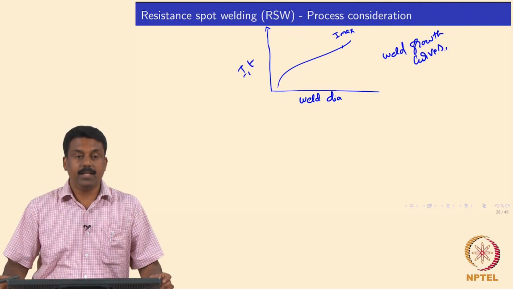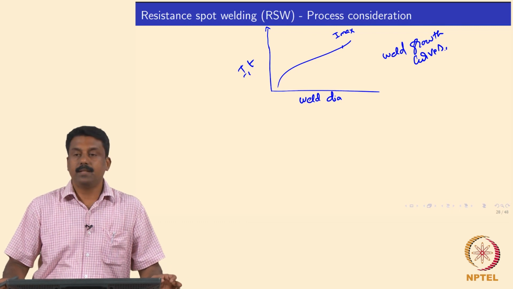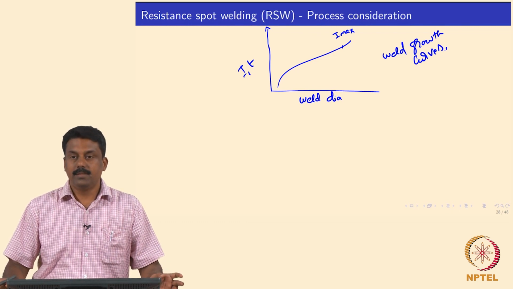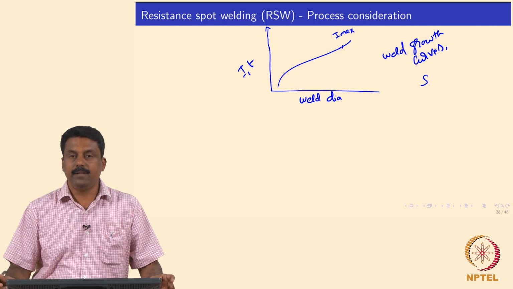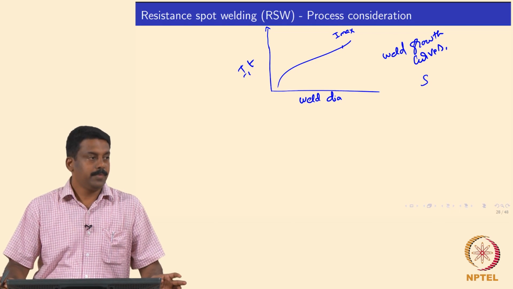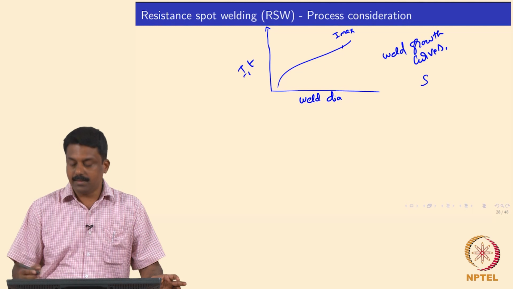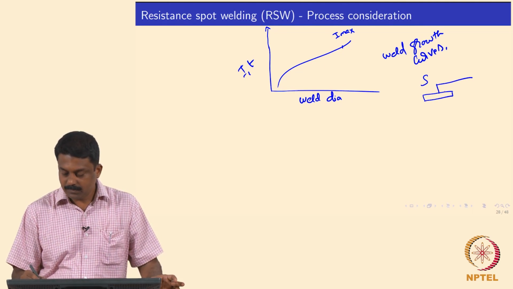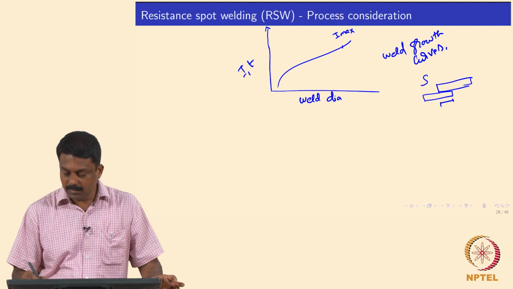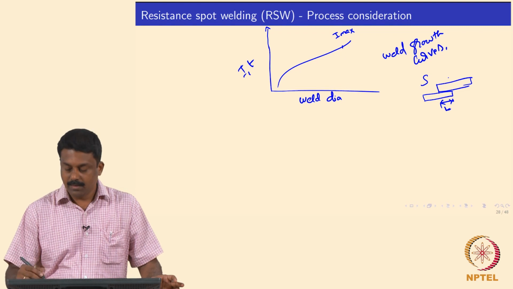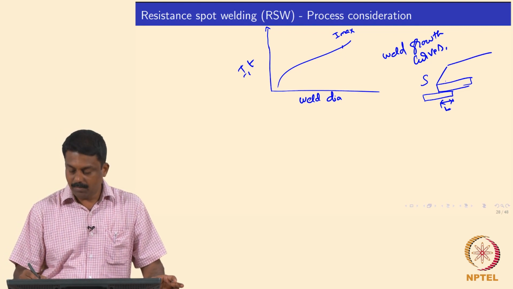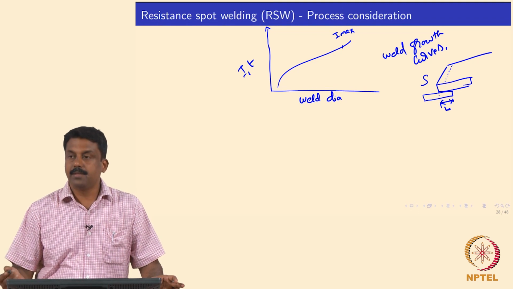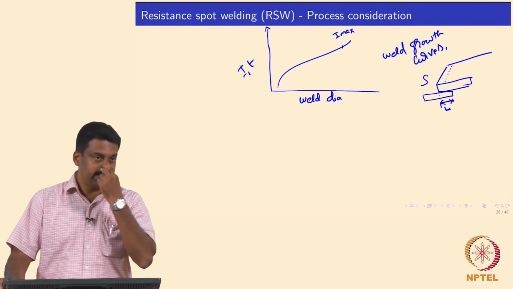And we also looked at some geometrical advantages, disadvantages of the resistance spot welding. So what is the minimum distance needed between two welds? S is the distance between two welds in an overlap joint. Generally when you have an overlap distance of L, okay, what is the distance at which you will have to place the weld, right? Generally that is L by 2, okay.